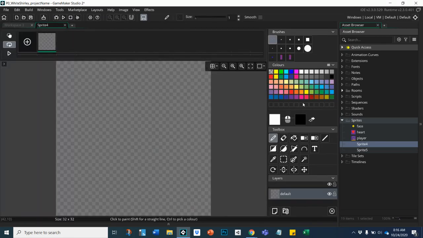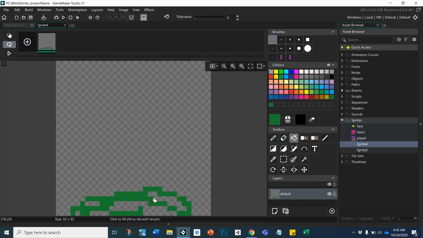I'm going to change this to green, and I'm going to paint down here a green. Okay, I'm tired of doing that, so I'm going to fill this in because that will be so much easier than trying to fill all that color in. Then I'm going to go back to my pencil tool. I'm going to make this a little wider, and I'm going to draw